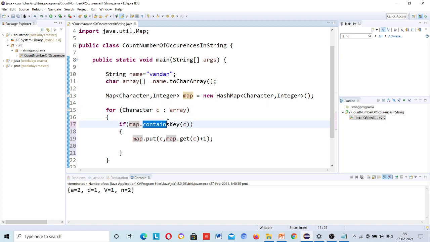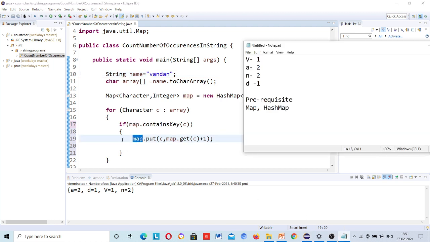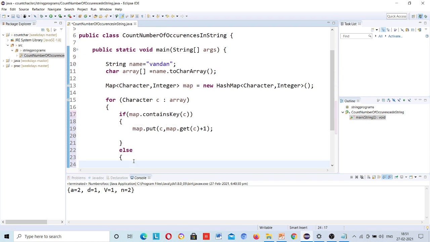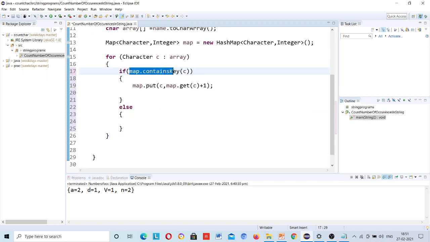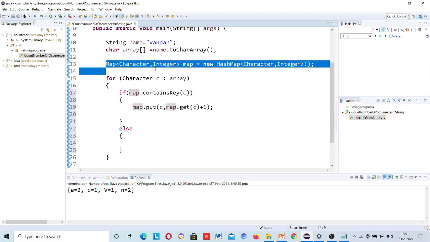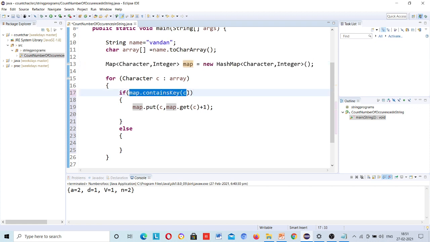Then map dot containsKey means this if map has key of what, first one V. Currently there is no key added, so it will come to else part, because it is checking that it has key. Currently first time it doesn't have any key, because just map has been declared and no value is put over here.